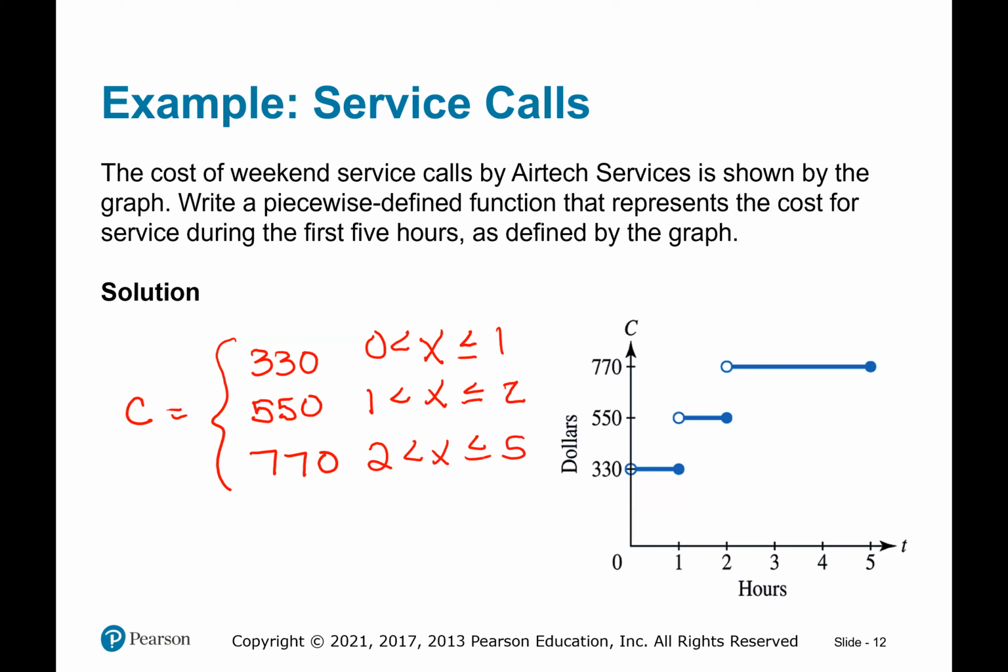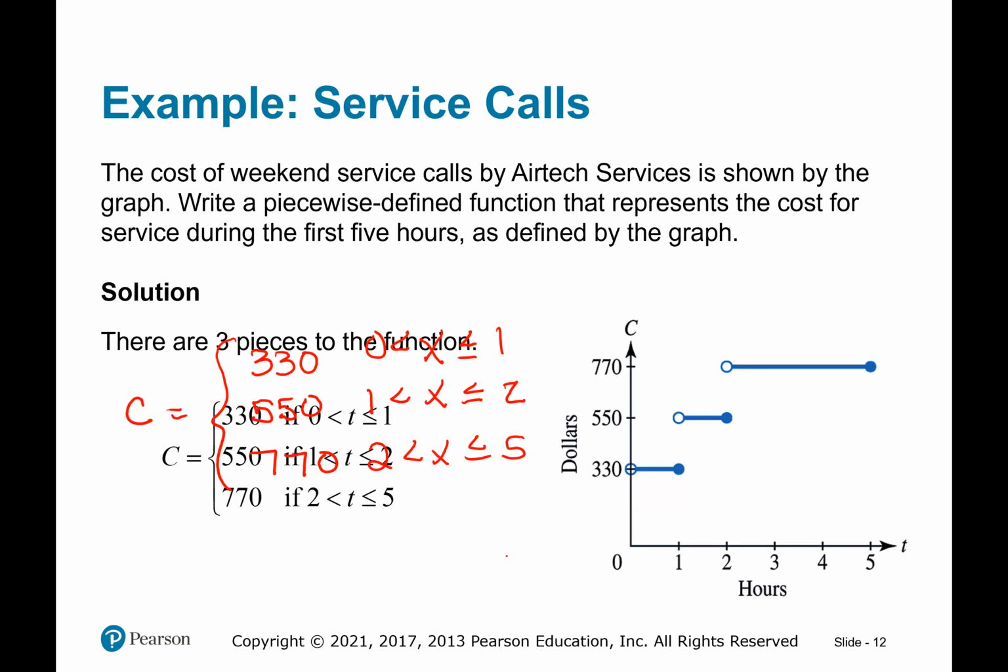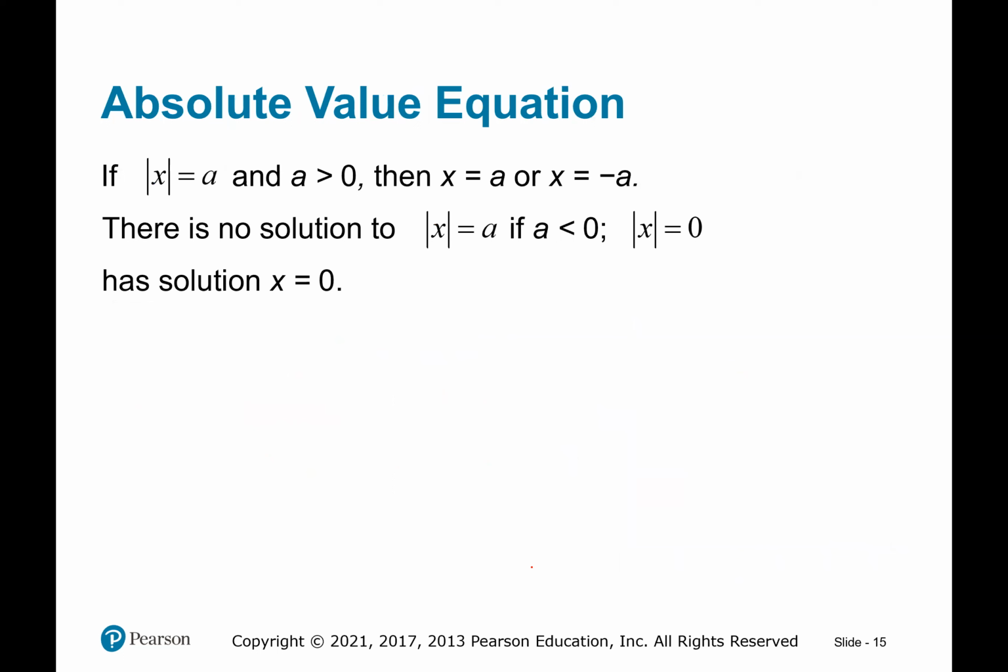All right, the last topic in this section is absolute value. Because absolute value is actually a piecewise defined function. And he doesn't tell you that, but it is, because of the way it's defined. If A is less than 0, if A is negative,